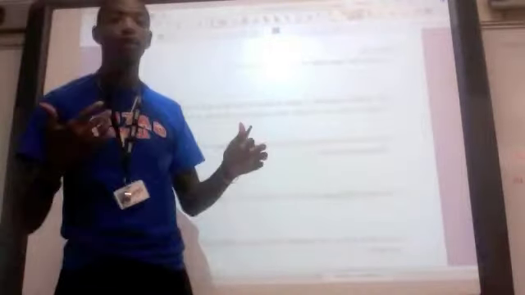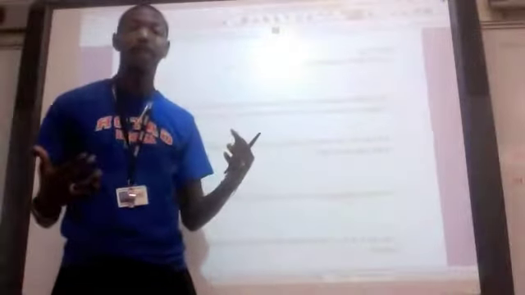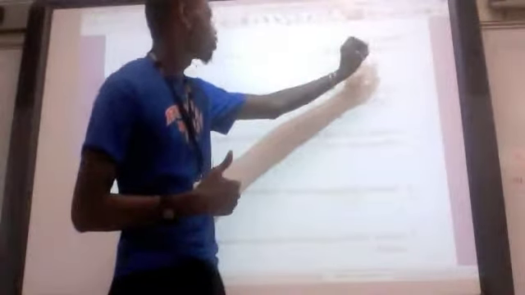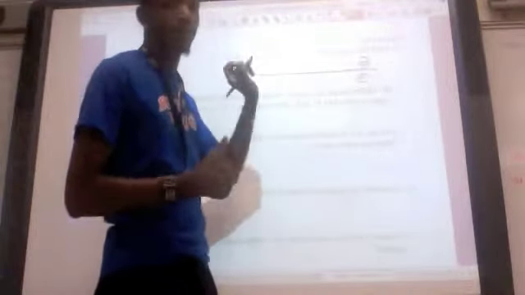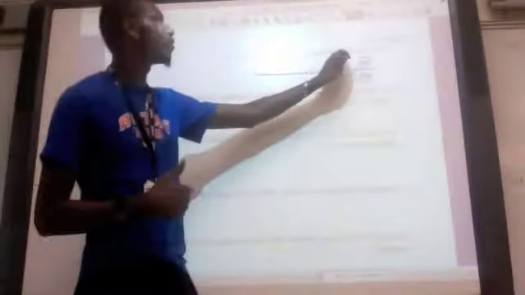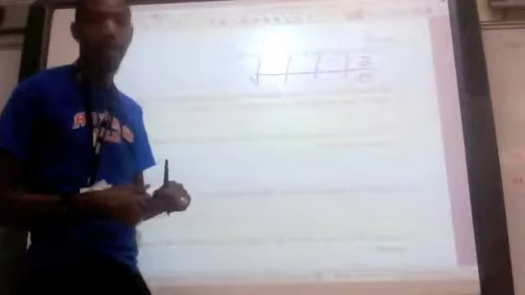Alright, so the first problem wants us to find 3 ratios that are equivalent to 5 to 13. So like we went over before, we know that equivalent ratios are just 2 ratios that are equal, they have the same relationship, but they might be different in the way they look and different in form. So if we want to find equivalent ratios to 5 to 13, all we're going to do is make our chart. So we have 5, 13, and we're going to find some multiples of 5 and 13 to come up with our 3